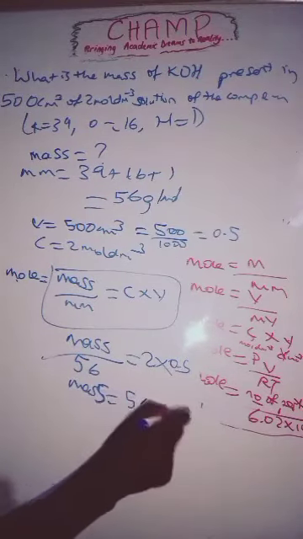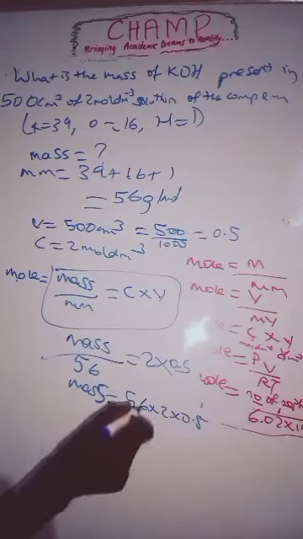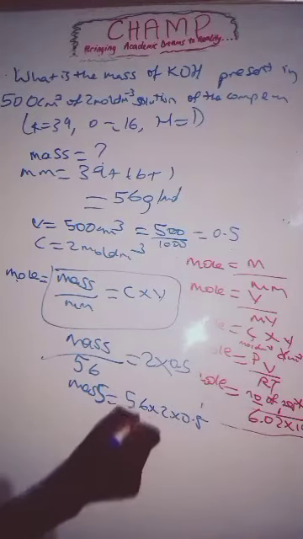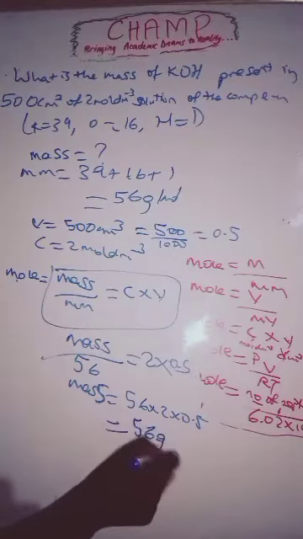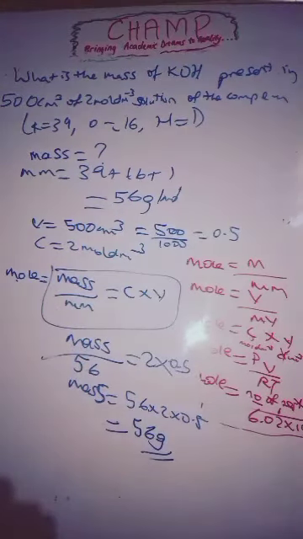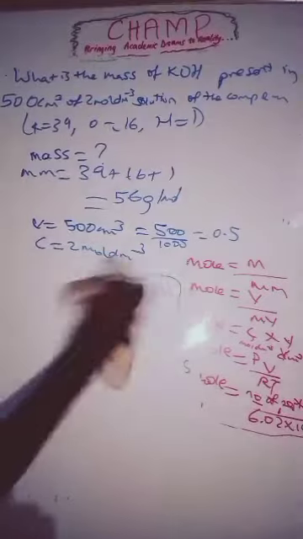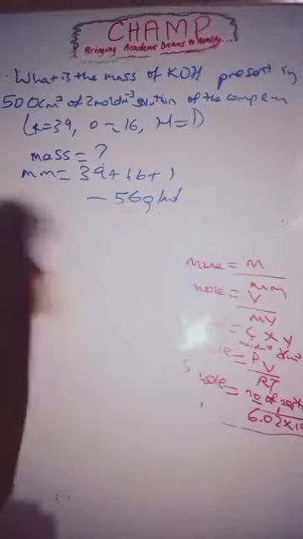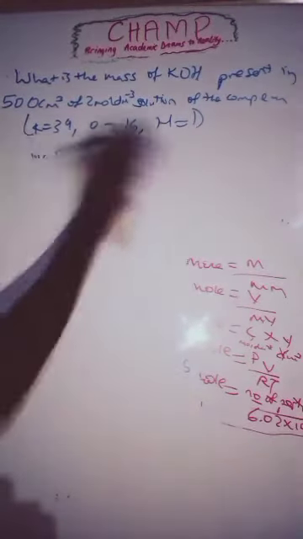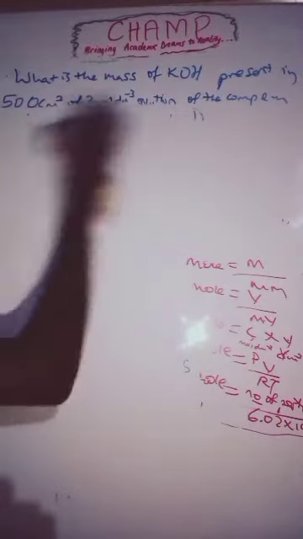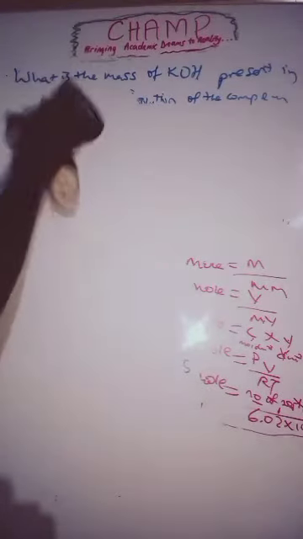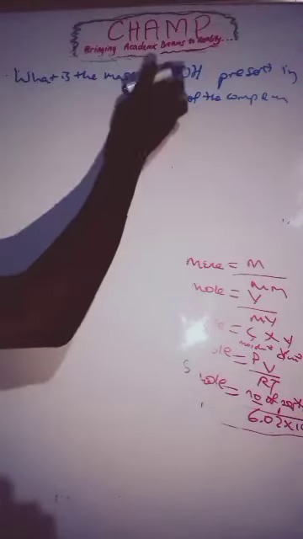Mass is equal to 56 times 2 times 0.5. So we have 2 times 0.5, that's 1. 1 times 56, that's 56 gram. Yes, let me give you a question like this. What's the mass of NaOH